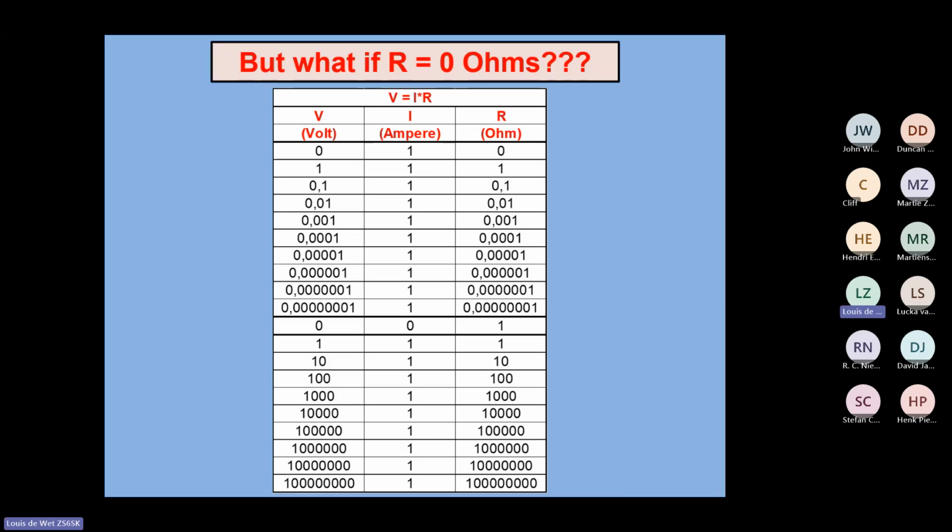But if you look a line above that, if your equation says you have 1 ampere but 0 ohms, obviously your voltage will be 0. And that is the problem with that, and that's why I say you have to be very careful. So how can you have 1 ampere if you have 0 voltage? You understand my problem with that. But now let's go down, and I thought, let me just...